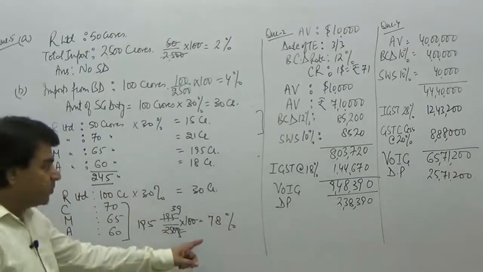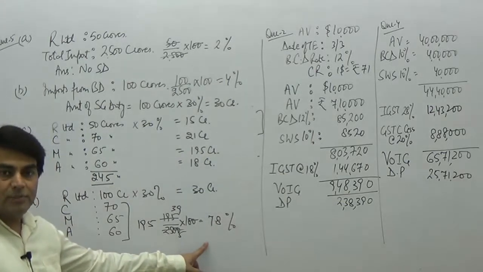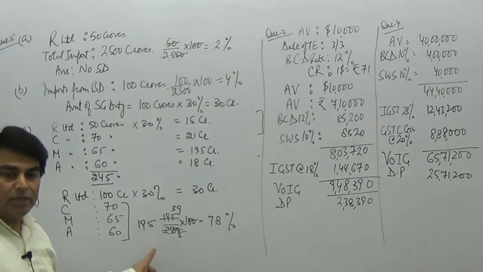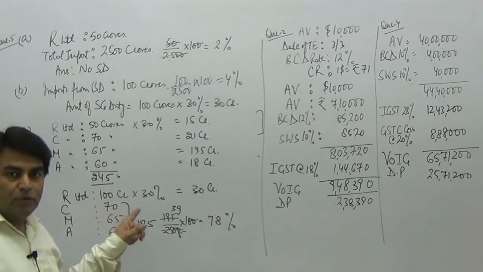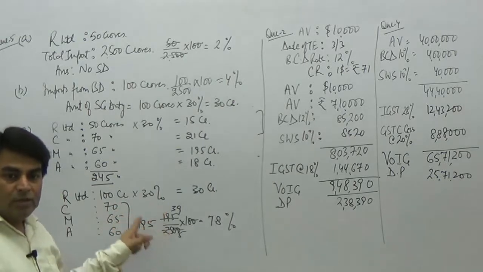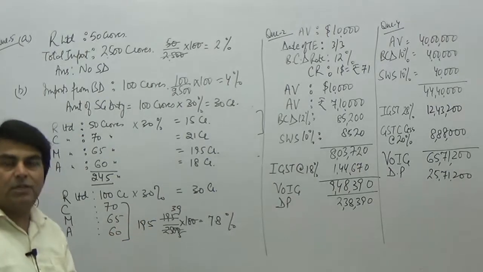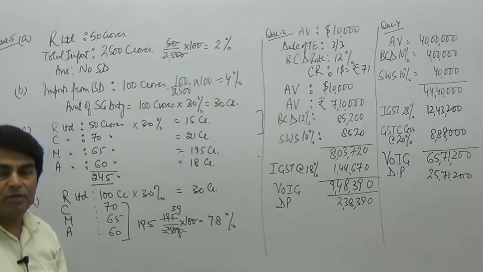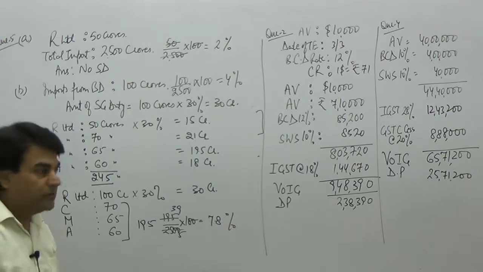So because it is well below 9%, it has not crossed the 9% limit. That means for the imports from the other three developing countries, you cannot impose safeguard duty on them. So the answer for point number D is that only in case of R Limited's import we are imposing the safeguard duty, and for the imports from the other three developing countries, since collectively they do not exceed the 9% limit, there would not be any safeguard duty on those imports. Okay, that was question number 5.